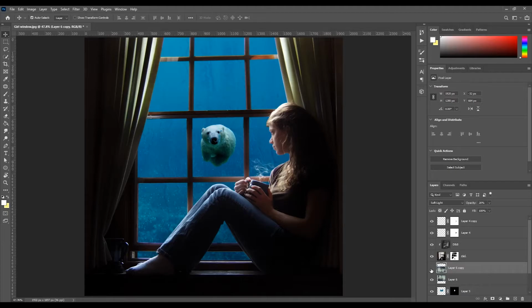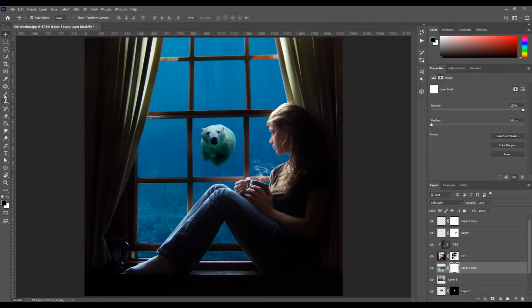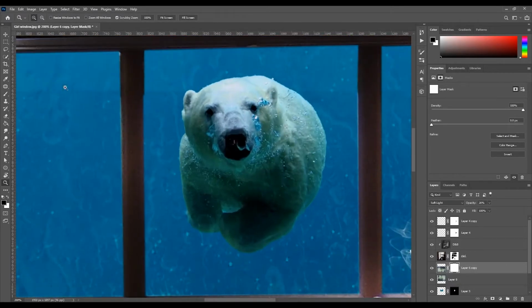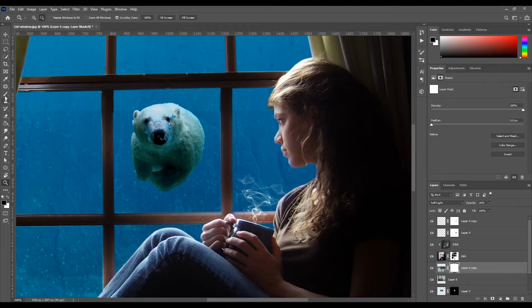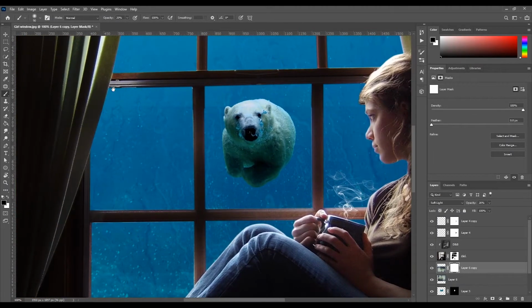Everything's starting to look okay, but we're just going to go in here now. We're going to mask out the part of the window where you can see the lines there, just so it doesn't look like two different parts of the window. So let me just zoom in. Let me grab my brush and let's just mask this out. So nice and gentle, I have an opacity of about 20%, and I'm just gently going over because I want it to blend seamlessly. As you can see there, it's starting to blend even nicer. So that line will go away, so you don't see a dividing line between the two